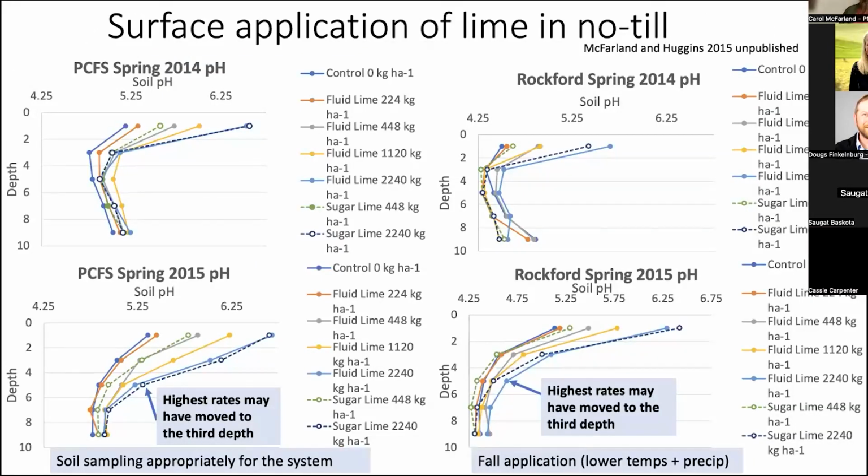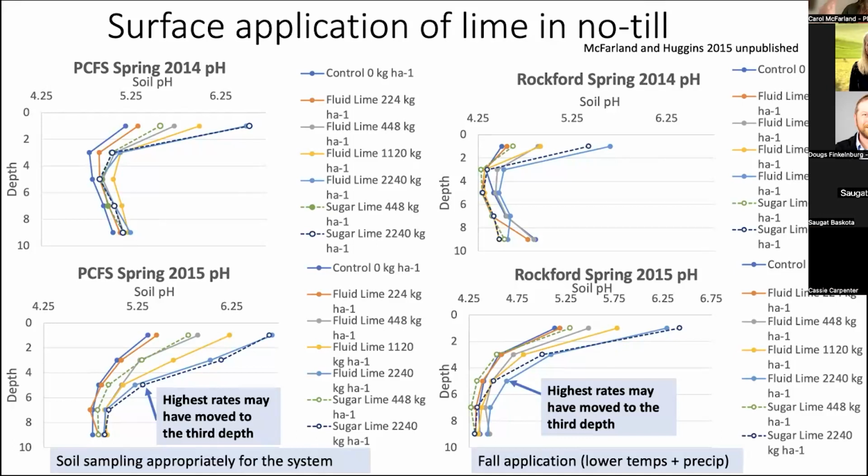Okay, so what happened when we applied these different rates of lime? Again, I'll keep this pretty quick. So by the spring of 2015, we have this native prairie soil just outside of Pullman at the Palouse Conservation Field Station. You can see the pH rates, and sorry, I did not convert the science units, but again, it's still that 400 pounds per acre compared with the 2,000 pounds per acre of both fluid lime and sugar lime. So you see our site outside of Pullman versus the Rockford site, where after 2 years, or about a year and a half under the lime, or 2 winters, let's go with 2 winters of